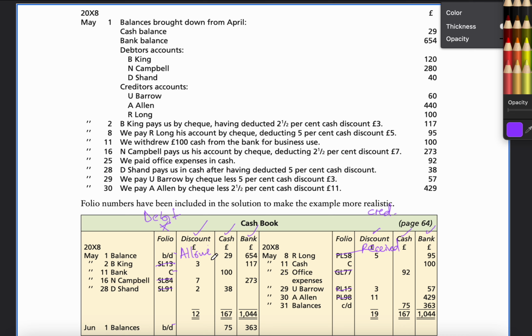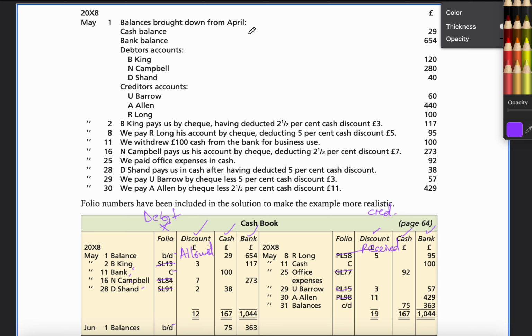Because we are saying this is based on our customer. The customer is the one who is paying us. King is our customer, Bank is giving us some money, Compel is actually our customer, and Dishant is also our customer. So these guys are the ones that we are allowing a discount. You get the point? So to start it up, it's still going to be coming through the very same way